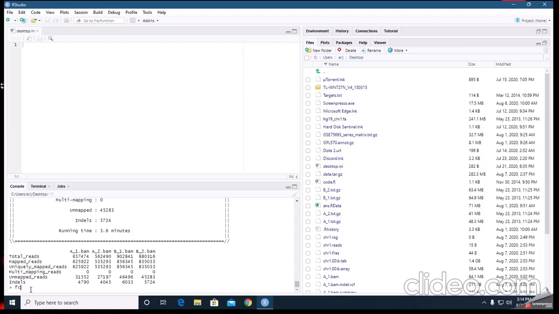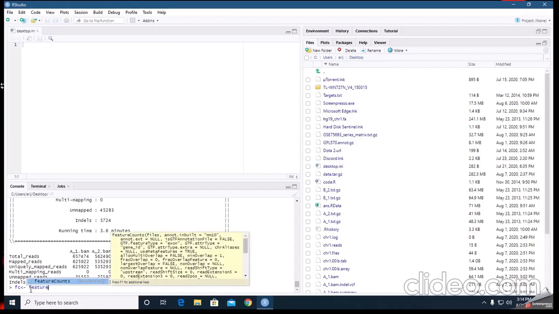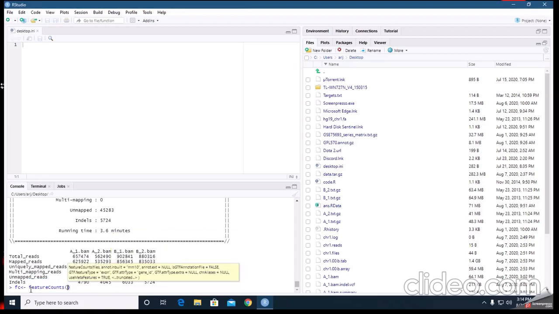Okay, so now first we take variable fc, and now we are going to use the featureCounts function.